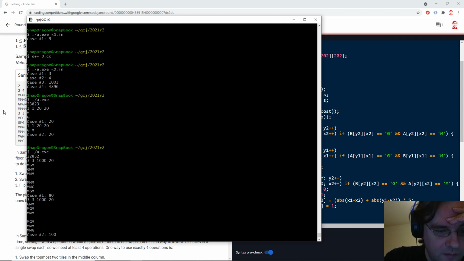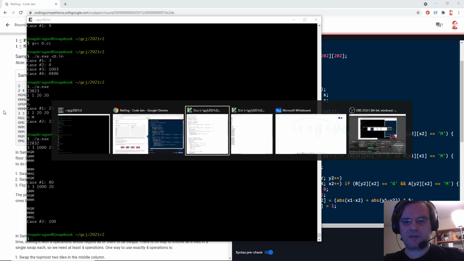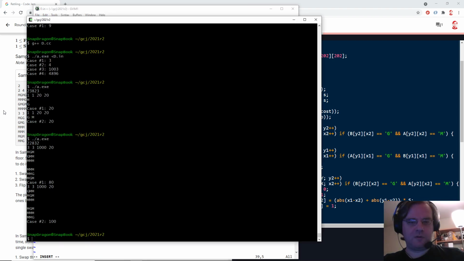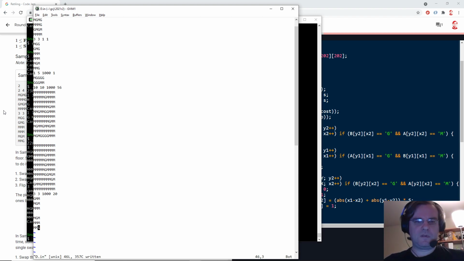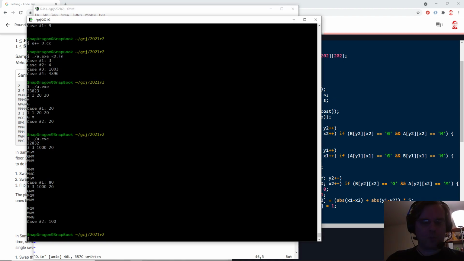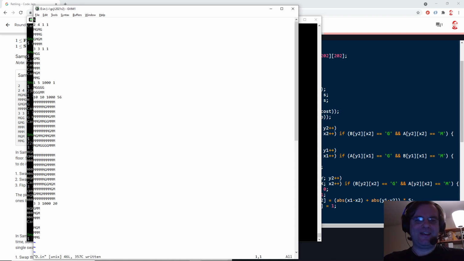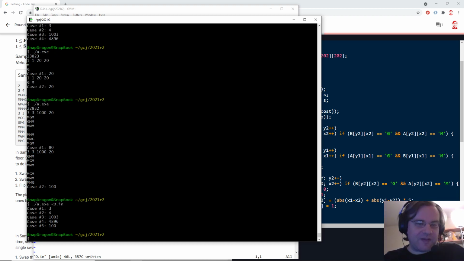That's not right. Am I getting max cost instead of min cost? Yeah, I have a test case. That's good. That's the hardest part, always finding a test case. Okay, so what this should be is actually 60.